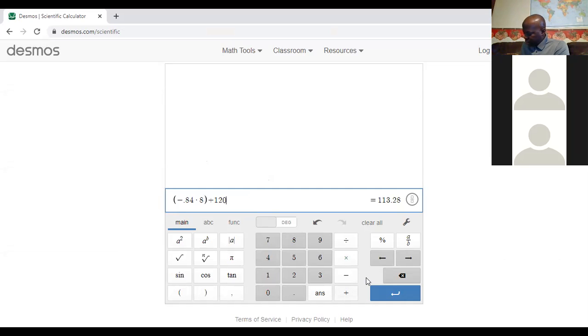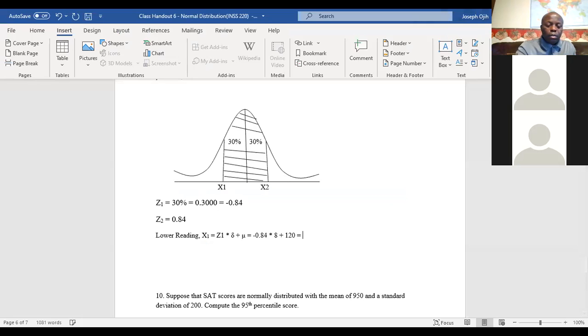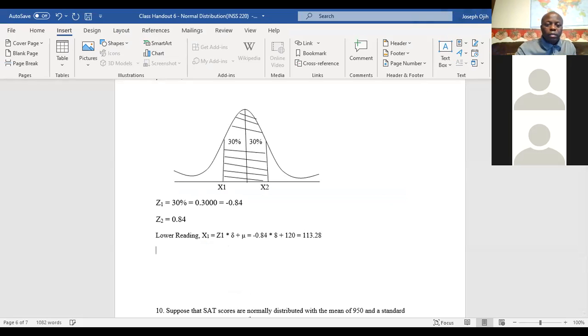Let me put it in: 113.28. Then the upper reading